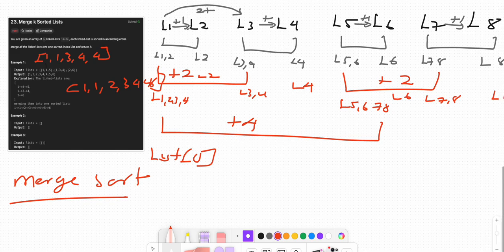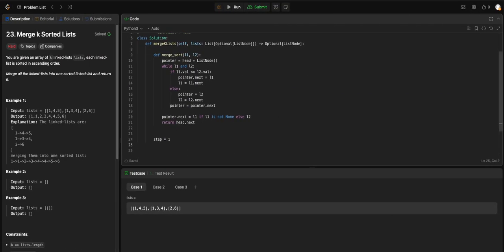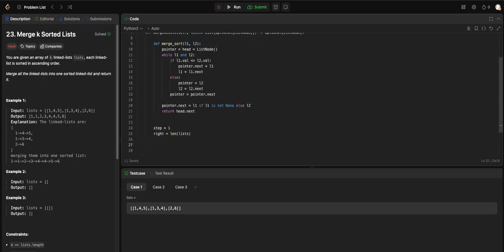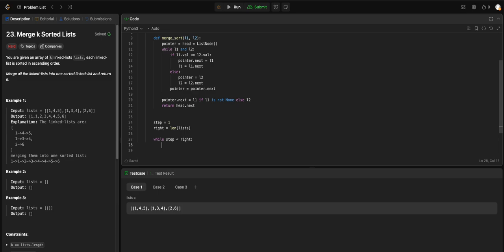Right, now let's set step equal to 1. We are going to be stepping with 1, right? Let's get the length of the list, let's call it right, which is equal to the length of lists. So while step is less than right, for i in the range from 0 to the length of the array minus step,